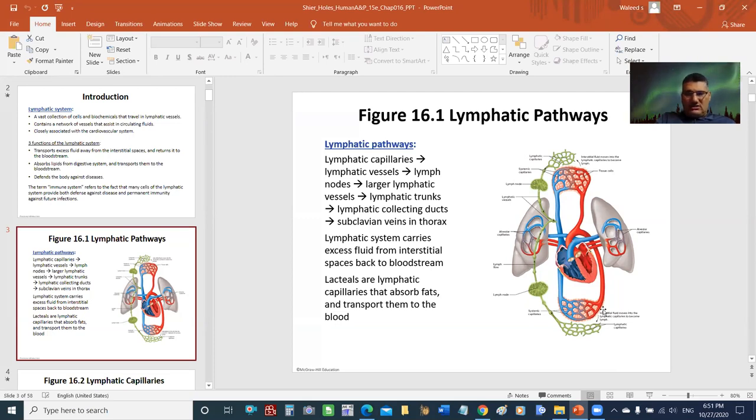But the point here is the fluid that's leaving this side of the capillaries and going in between the cells, making the interstitial fluid, and then it will go back in this side. It's not equal. The amount that's leaving is not equal to the amount that's going back in this side. So the amount that's leaving here is bigger than the amount that's coming back. Let me give you an example here. Let's say in this side, which is the arteriolar side of the capillaries, 10 milliliters are leaving. 10 milliliters of good blood containing